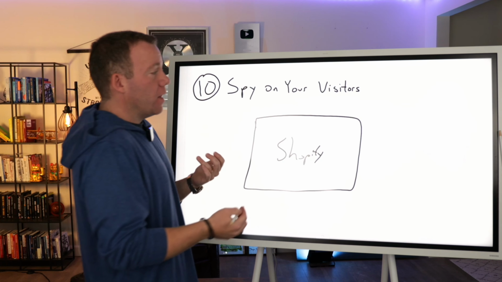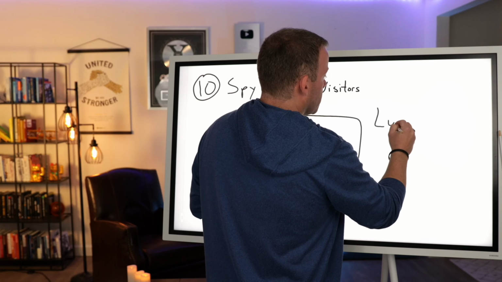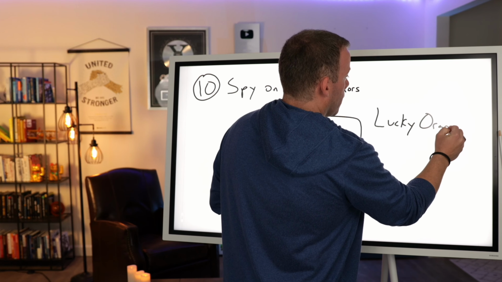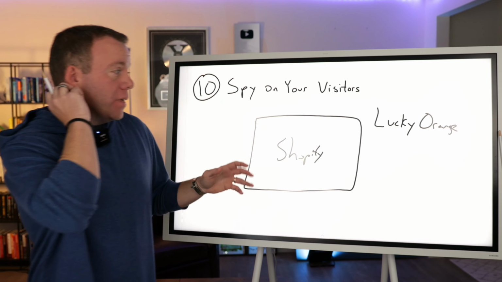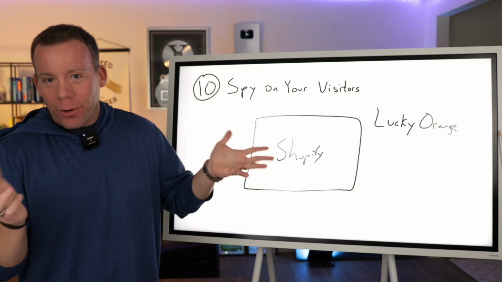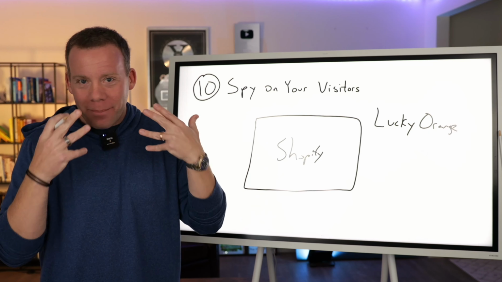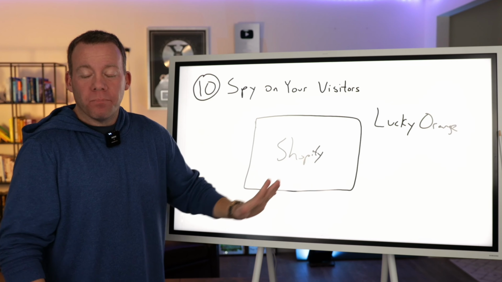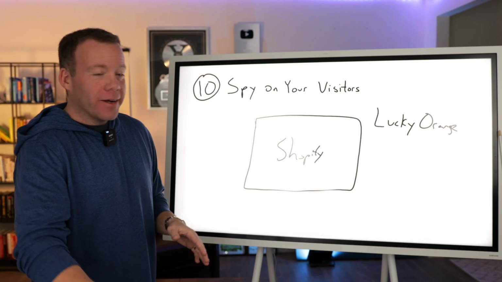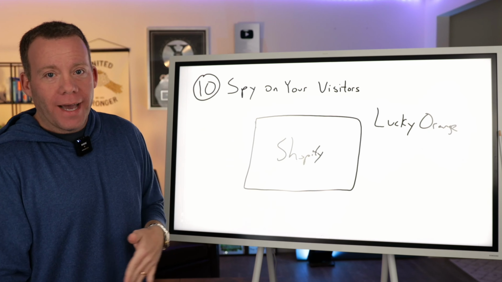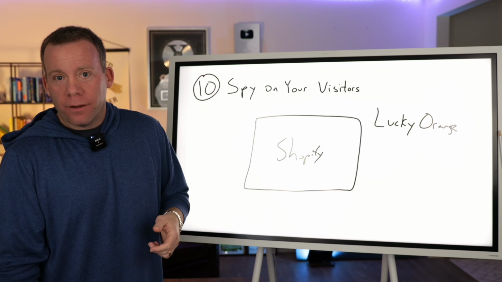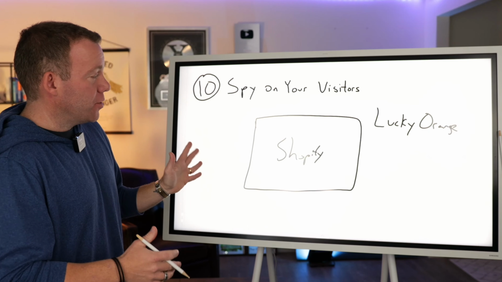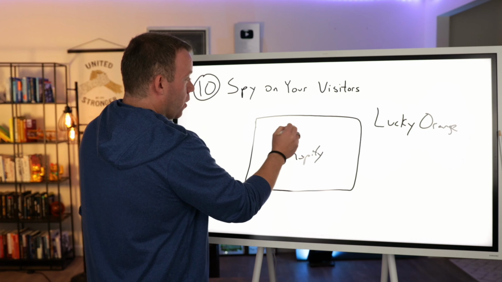Well, if you install an app, the one that we use is called Lucky Orange. So Lucky Orange, you can install that. And what it's going to do is it records your website visitors, not talking webcam or audio or anything like that, but it records their sessions on your website. So what you can do is go into Lucky Orange, and you'll see you had a website visitor at 9:56 this morning from Chicago, right?